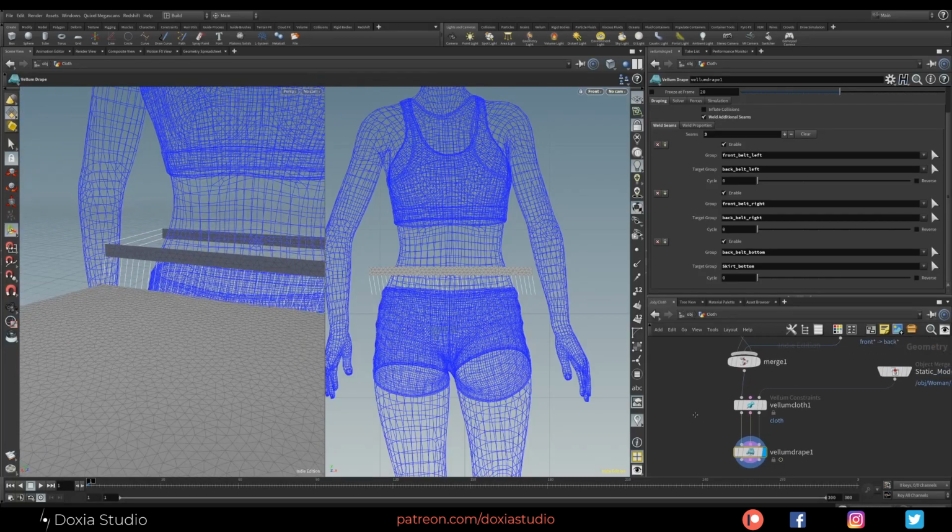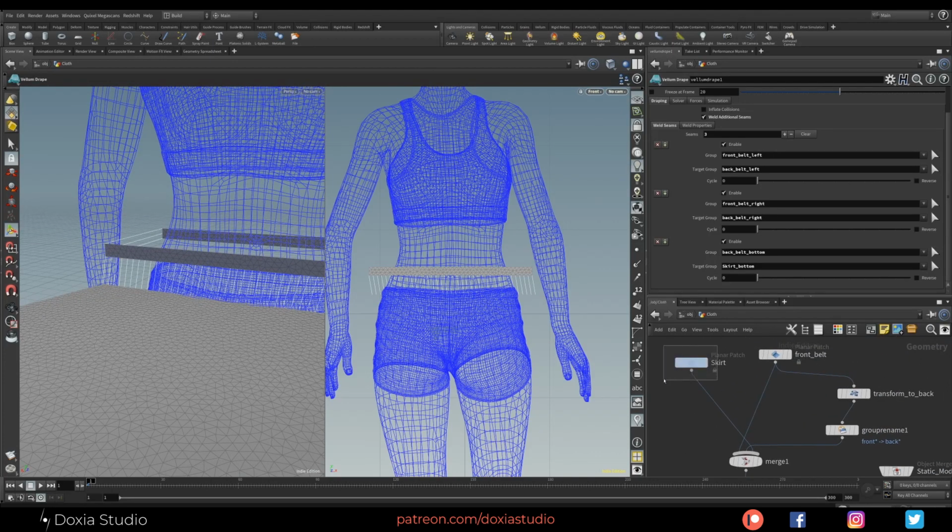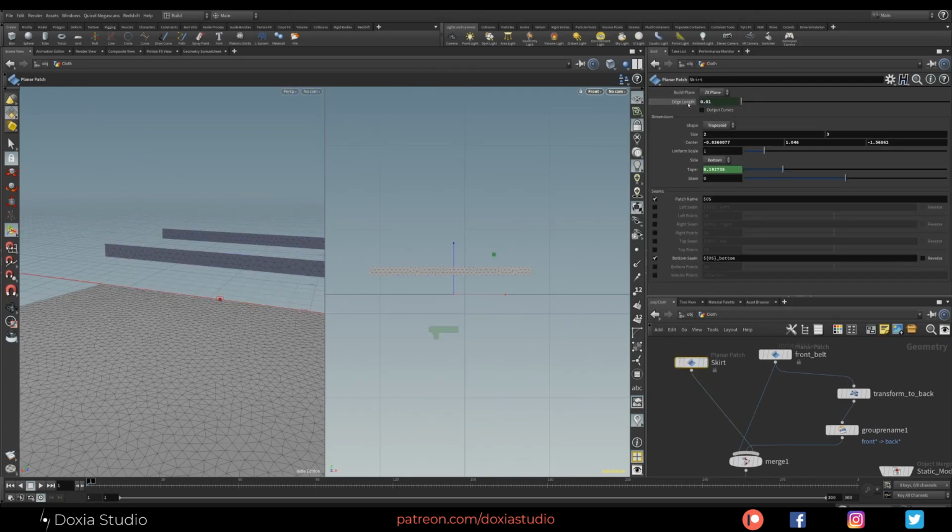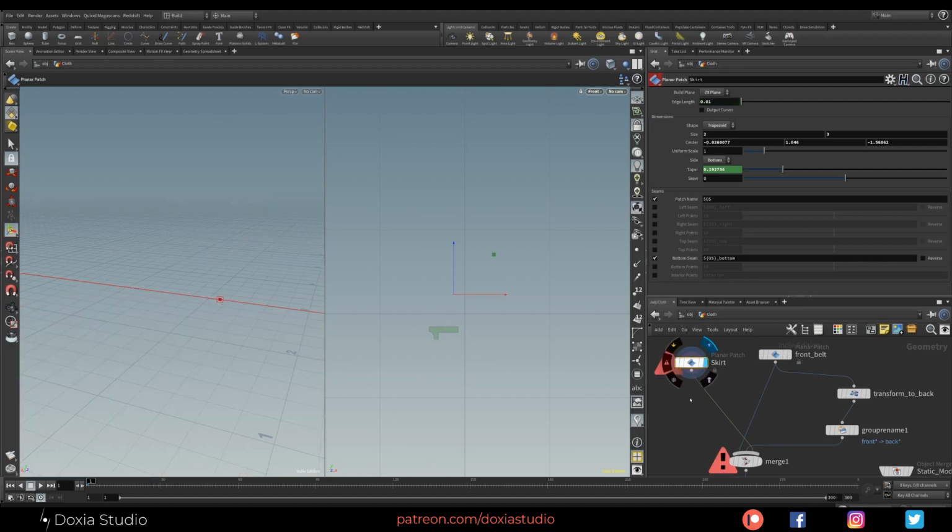In case you don't want to have this higher resolution for the skirt, we can, let's delete this channel. Okay, think a little bit, my computer. One way to do this is just to check how many points we have in one group and have the same for the other. Let's increase this.